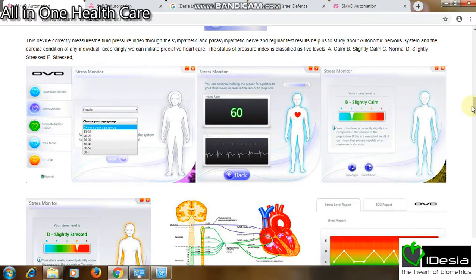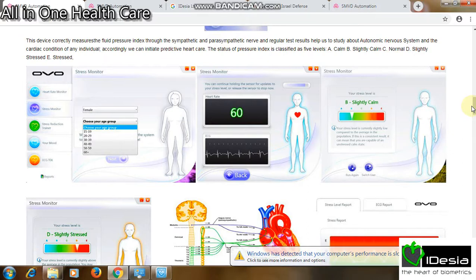The stress includes imbalance of the autonomic nervous system with decreased parasympathetic nervous system and increased sympathetic nervous system activity, and the effect of stress is really very serious. Persistent stress can lead to illness and mental disorder.